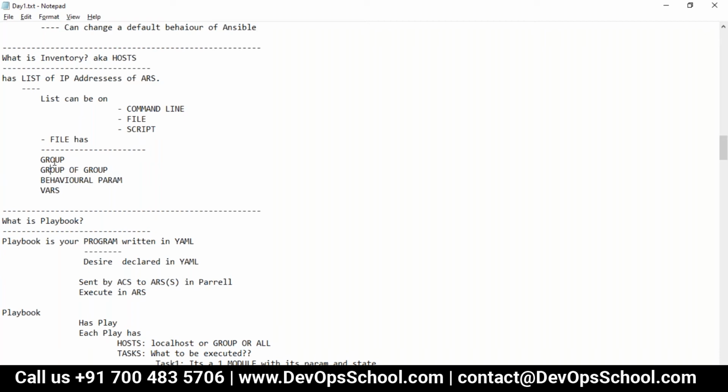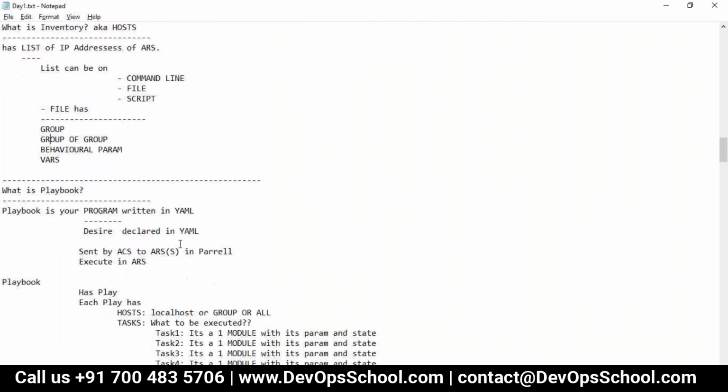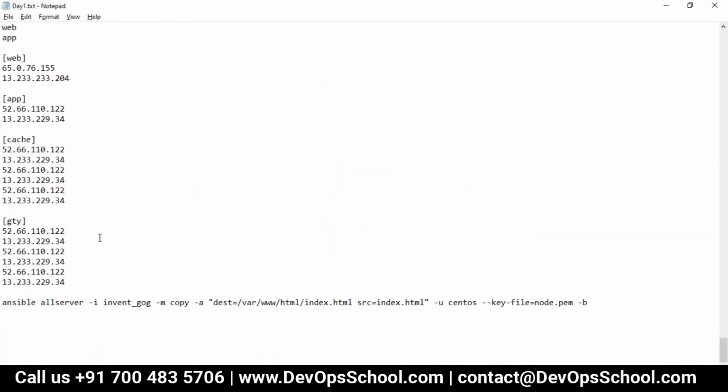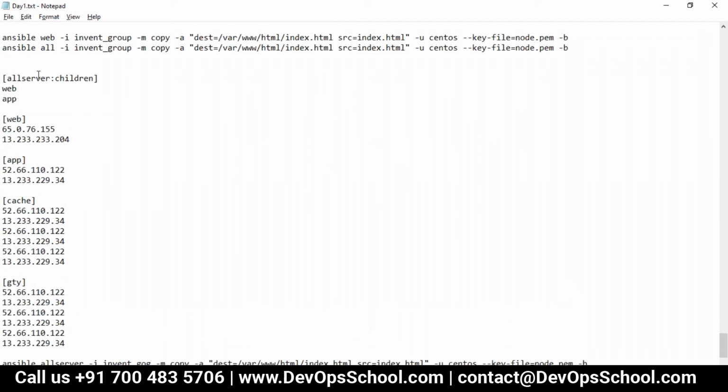Yes, Rajesh. Can you go to the syntax which you used? See here, ansible all server, that is a group of groups. All server is the group of groups, right? Then what about that inventory group of groups?